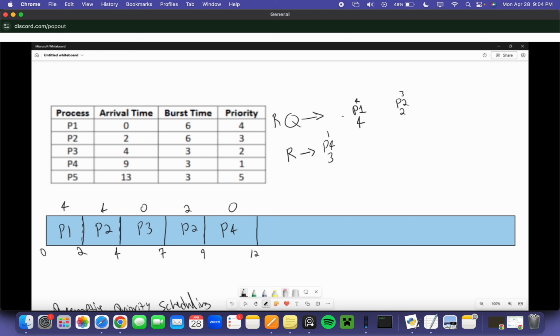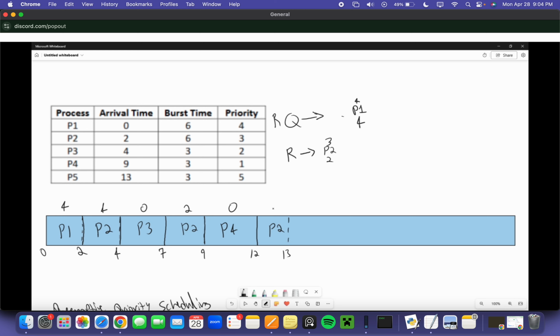And at this point, P4 is done. And we're good. Then we say, okay, what's left? We have this task with priority 4 and this task with priority 3. We're going to go with the 3. So P2, 2. And so this one is going to run for 1 unit of time,